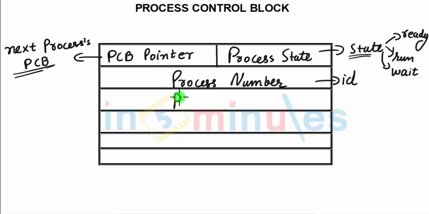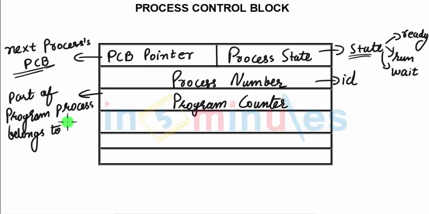Once the process ID is clear, we have the program counter, which clearly specifies what part of the program this process belongs to. This is vital because when you talk about a big program divided into n processes, this particular part will always tell you where we are referring to, or rather which part of the program is executed